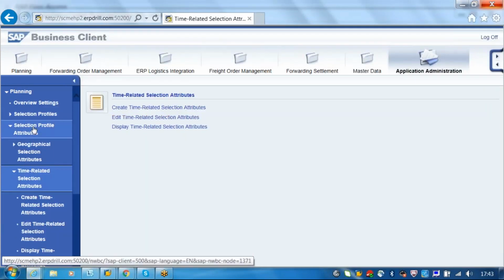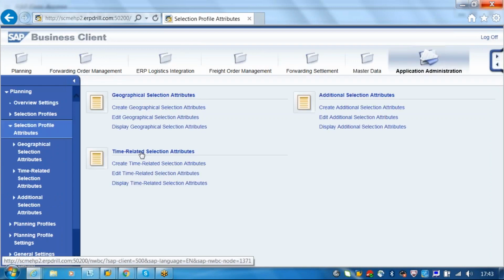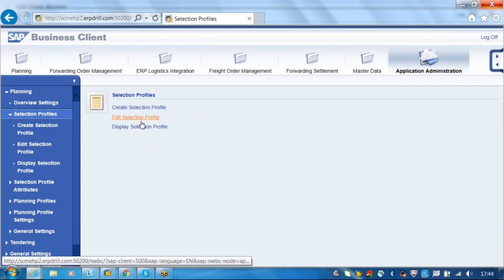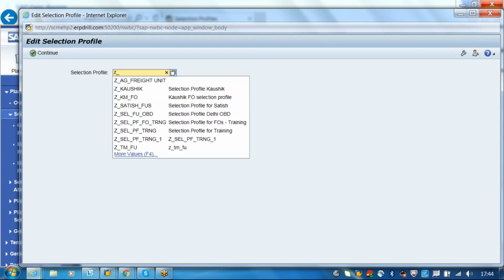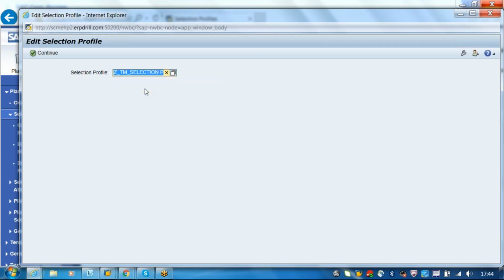Okay, I will come to the selection profile attributes. Time related geographical selection profiles. Edit selection profile. Z underscore TM underscore selection profile. Continue.